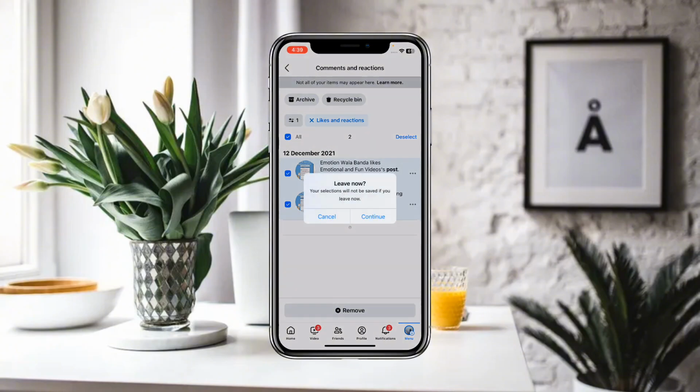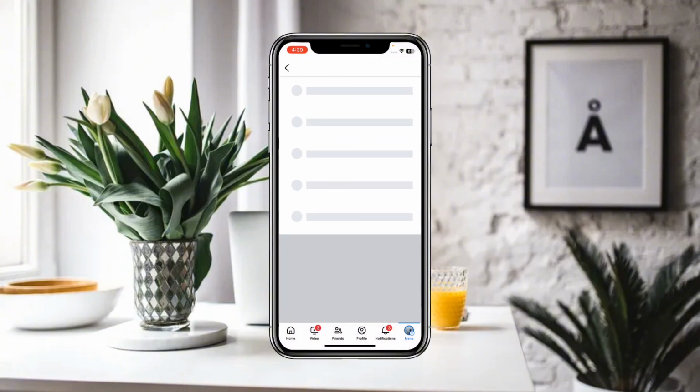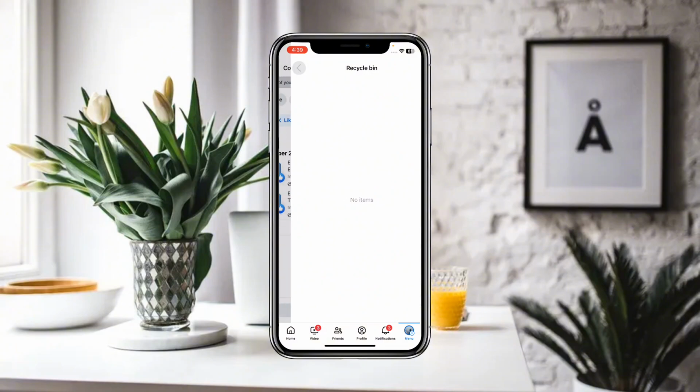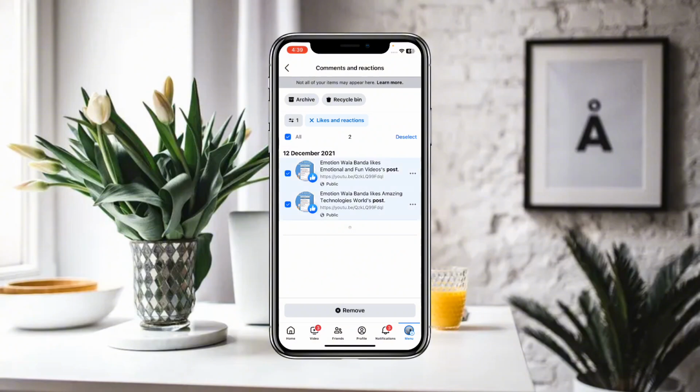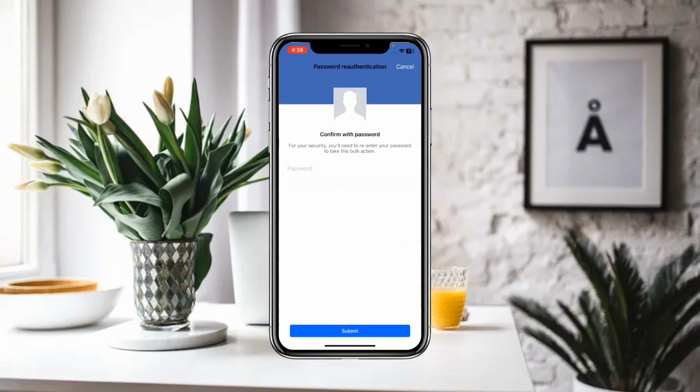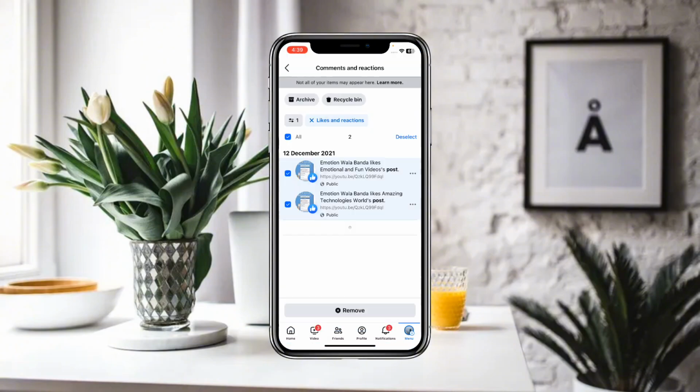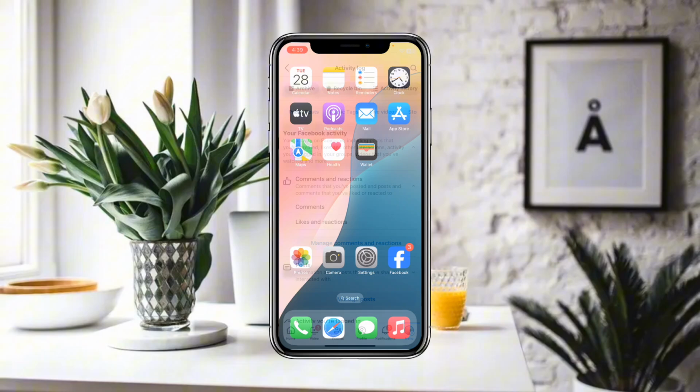click on the recycle bin, and here you can see that your selection will not be saved if you leave now. So you have to click on continue. Here you can see that all of your videos will be sent to the recycle bin. And after that, if you want to delete from the recycle bin, then you can provide your password, and after providing the password, your videos will be permanently deleted from your